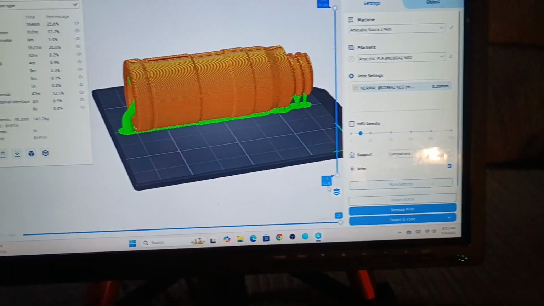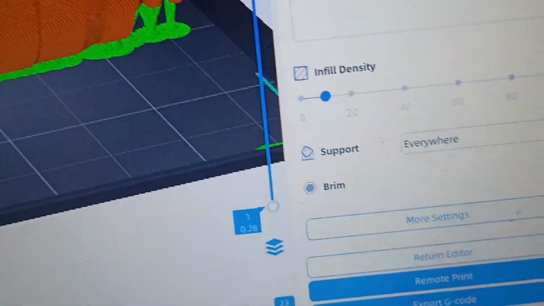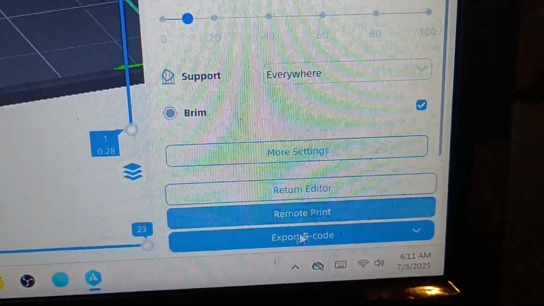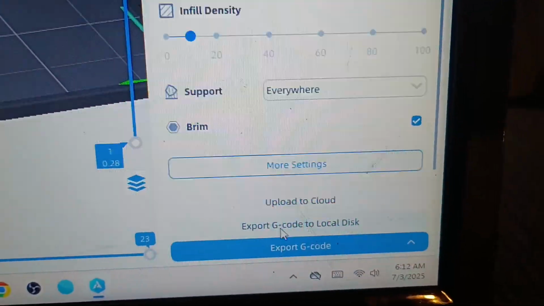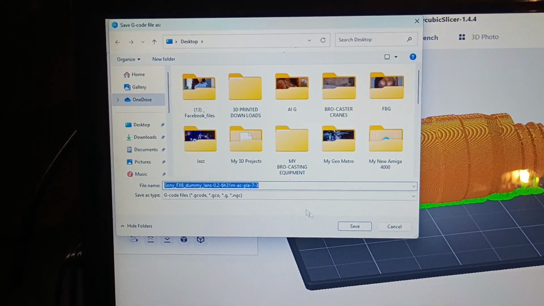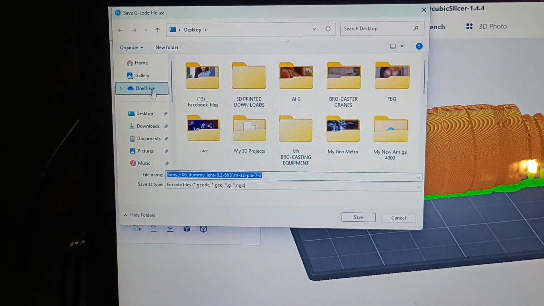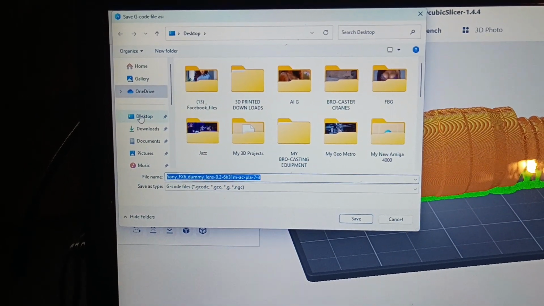So we're going to go ahead. We sliced it already, and now once you slice it, you hit the G code. I'll plug in my thing here. Sorry about that. You go and you hit the G code. Let's see, where's the G code? You hit the G code, and then you hit export G code to local disk. You hit that, and then your local files will pop up, and then you can rename the G code. I usually rename the G code, and just make sure it's going on your desktop where you can see it,